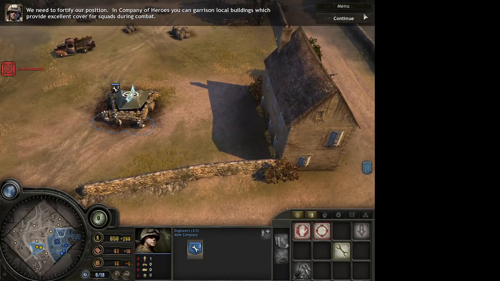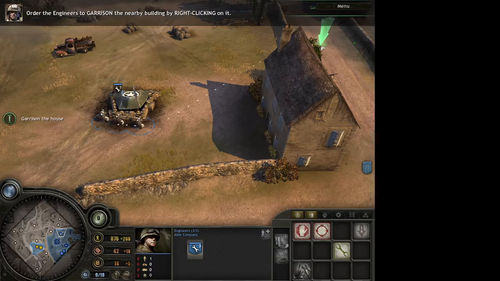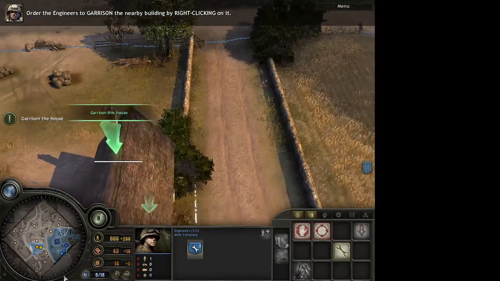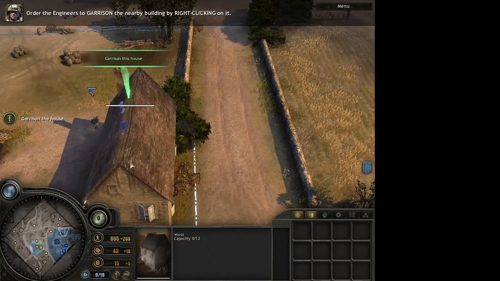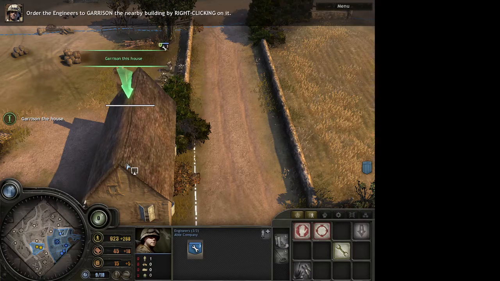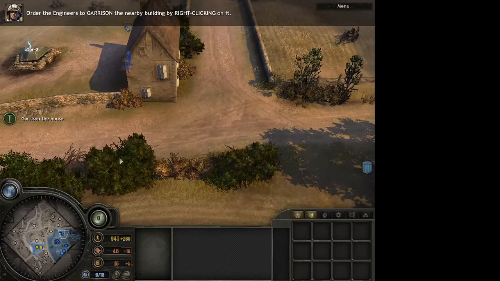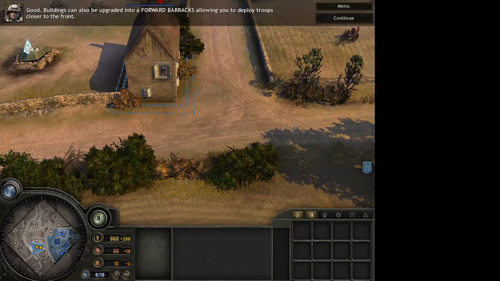In Company of Heroes, you can garrison local buildings. Order the engineers to garrison the nearby building by right-clicking on it. Listen up. We'll hold up for now. Good. Buildings can also be